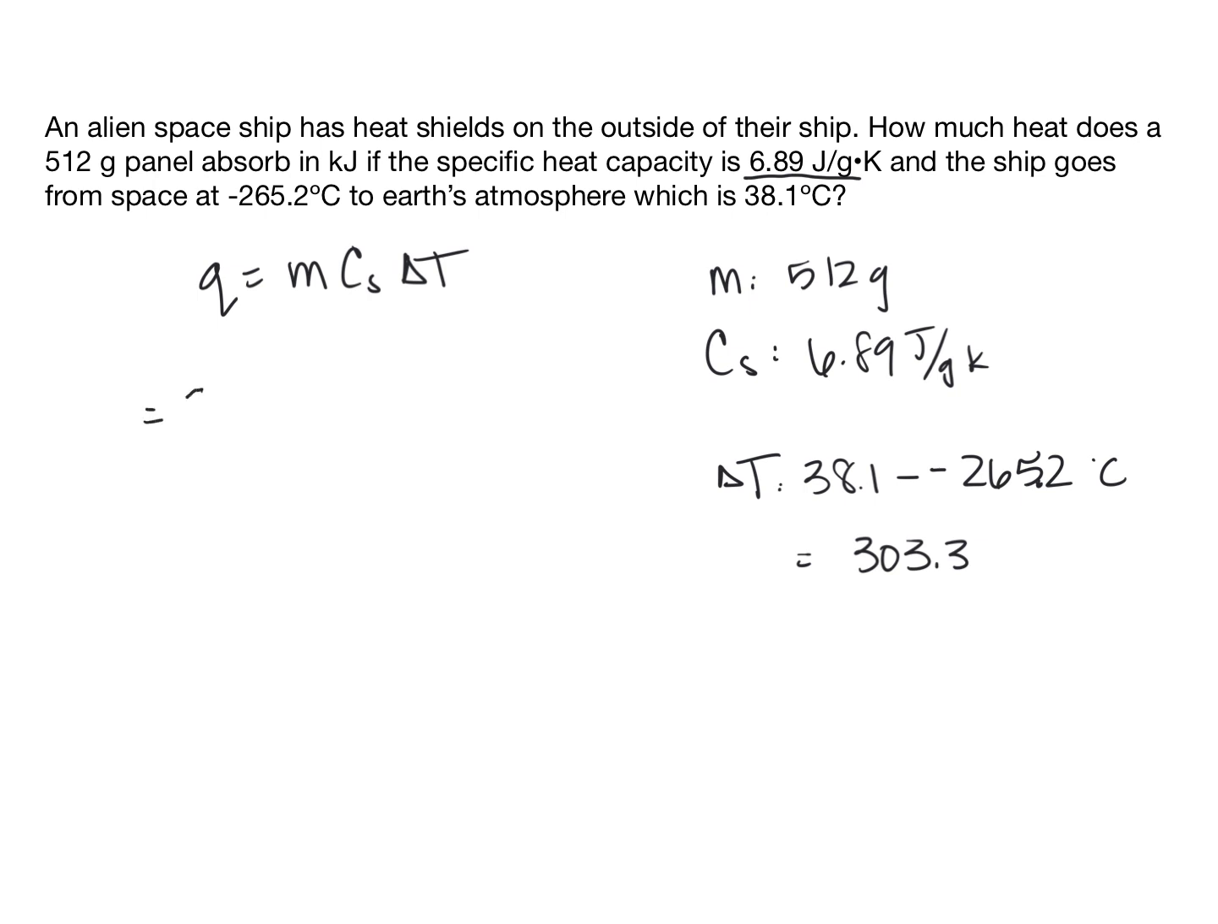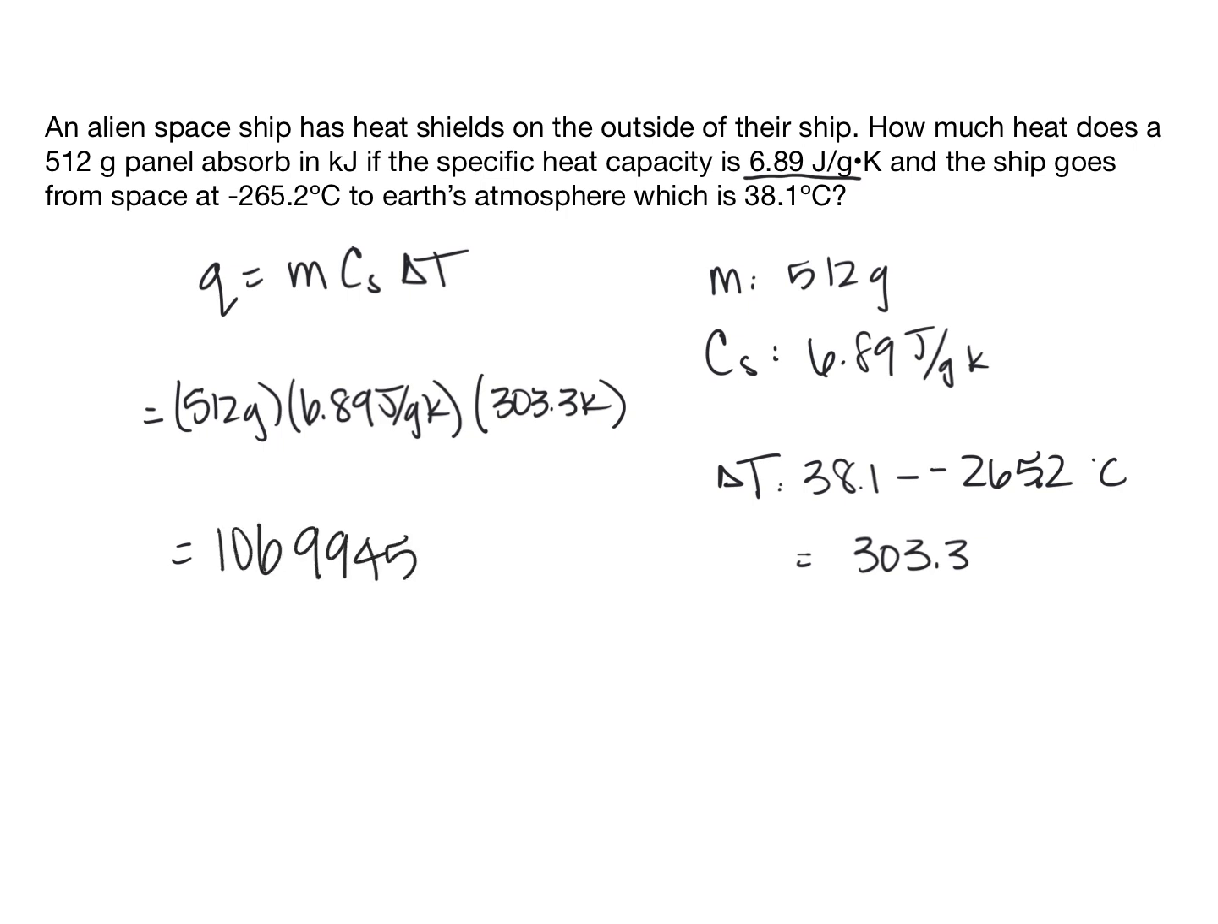So now we have 512 grams times 6.89 joules per gram Kelvin multiplied by 303.3 Kelvin. And so this gives you 106.9945 joules, but it asks for this in kilojoules, so we're going to divide by 1,000 joules per 1 kilojoule. And so this gives me